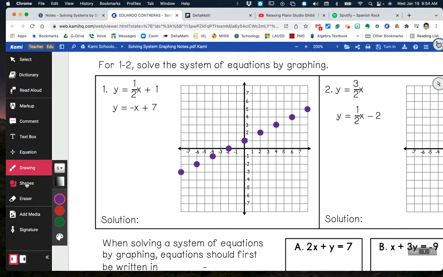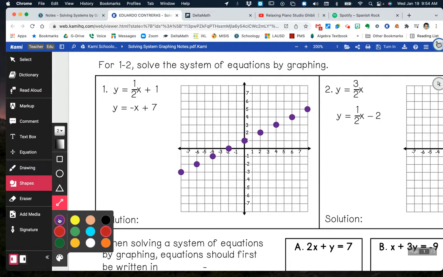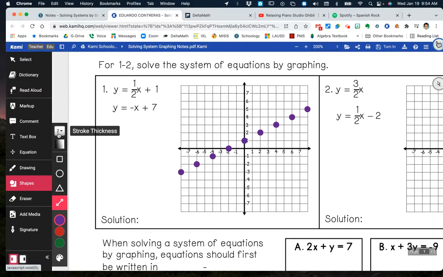Okay, now let's make our line. For the line, go to shape. I'm going to match up the color, that color purple. And the thickness, I guess 2 should be great. 2 will be fine for that. And then we're going to make a line from one end to the other, all the way across. Okay, kind of just wiggle it till it